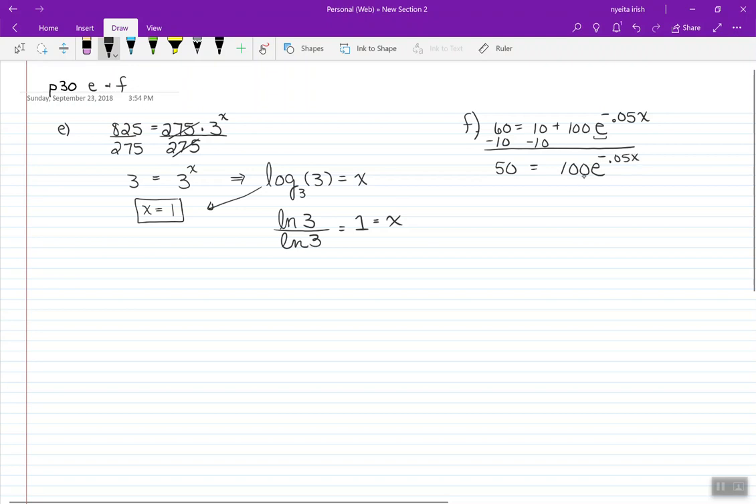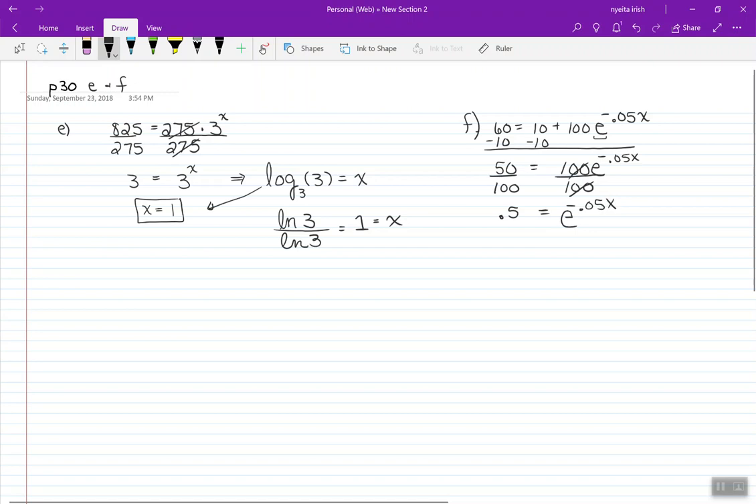So to get rid of the 100, it's hooked by multiplication. We undo multiplication by a division step, the division property. And then you can reduce 50 over 100 down, or you can do the division with your calculator. Either way, it's going to come up to a half, or 0.5, equals e to the minus